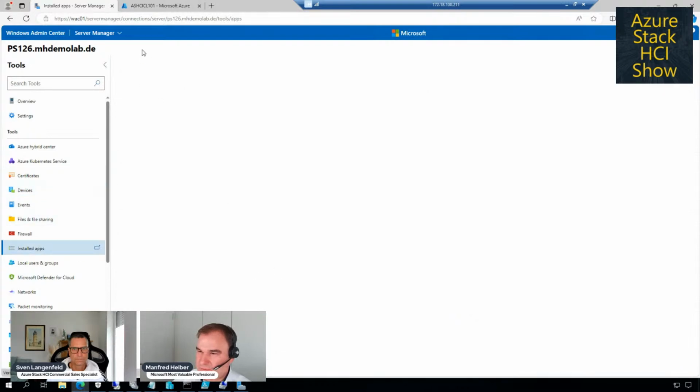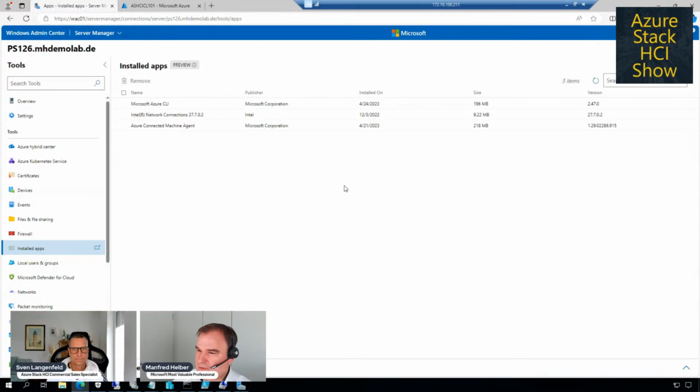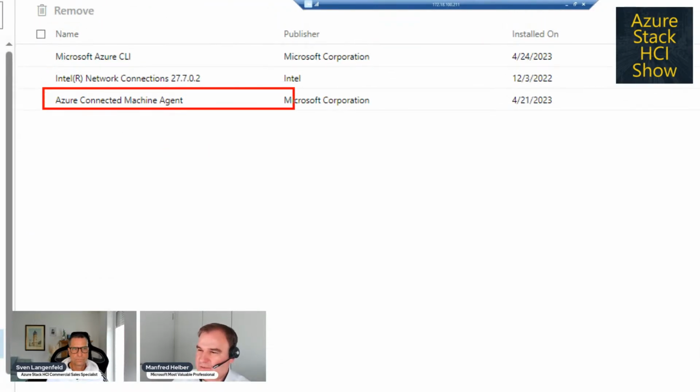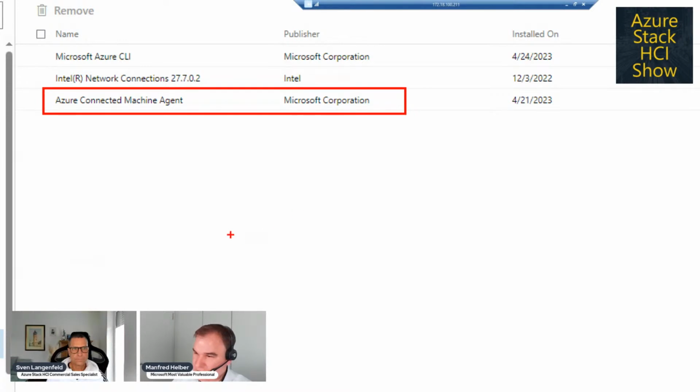So installed apps. So these are apps that are installed on this Azure Stack HCI node locally. And here we can see the Azure Connected Machine agent. So this is the Azure Arc agent.